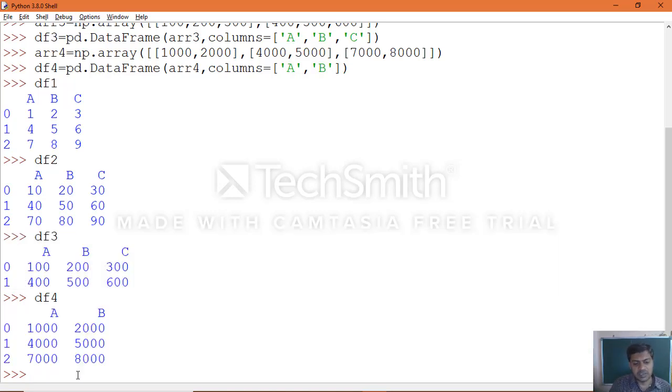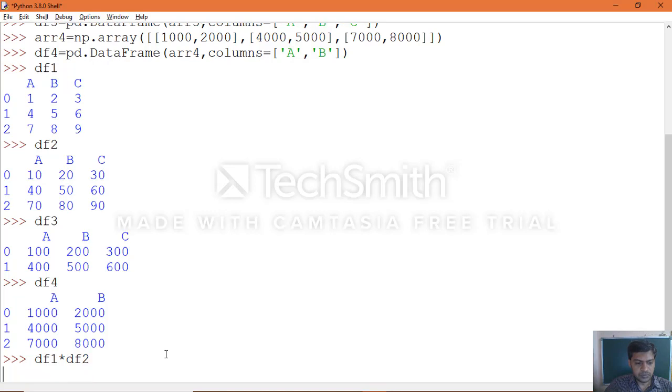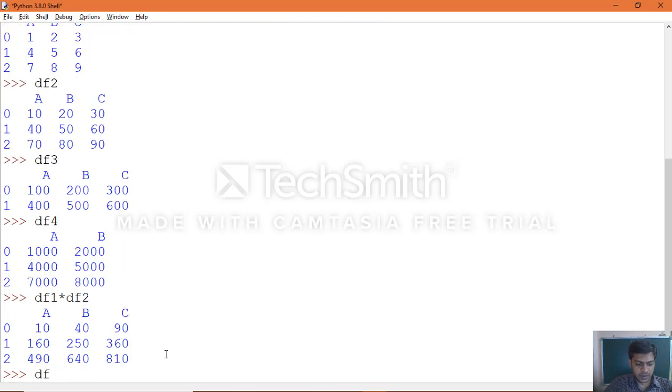Now we want to perform an operation, that is multiplication between the objects. As you can see, first between 1 and 2. Same way, you can apply it by using the function mul of df2.